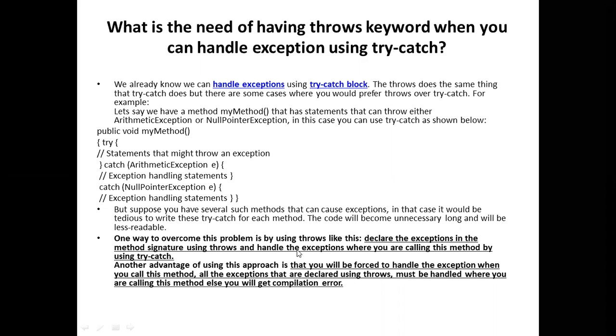First reason was that we use throws with the method signature itself, so it makes the code less complex as compared to try catch, because using try catch we require multiple lines of code. That may make our program more complex in case we have more than one exception in a particular code. Second advantage is that when you are using the throws keyword with a particular method,